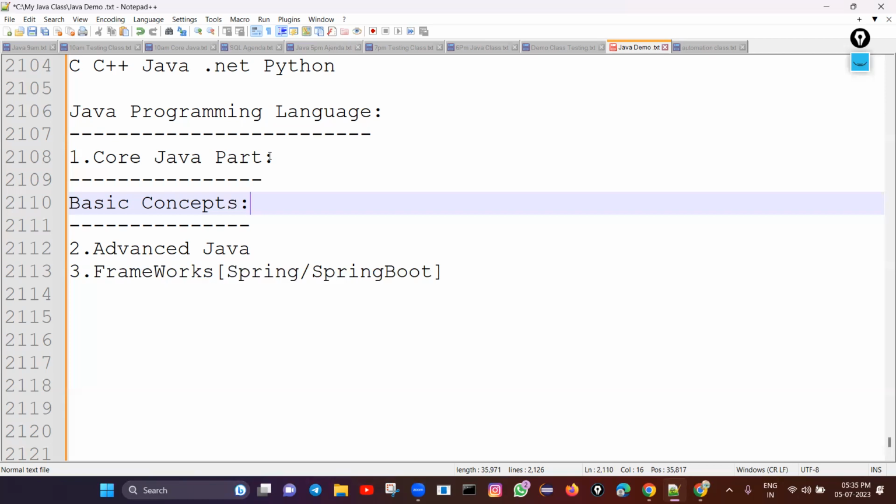Java operators, different types of operators: arithmetic, relational, logical, assignment, bitwise shift, unary, ternary, all operators, and the control flow statements: conditional statements, if condition, switch condition, if else, nested if, ladder if, loops, for loop, while loop, and do while loops, nested loops, jumping statements,